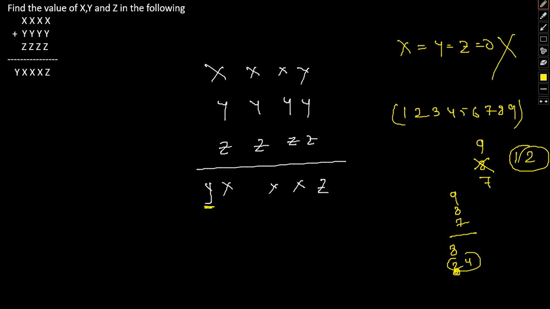So initially let me assume that y can only lie between 1 and 2. Let y equal to 1, and let me assume the maximum value for x, say x equal to 9. So 9 plus 1 is 10, and we have carry 1. So there has to be 9 again, 9 again and 9 again. So this will again be 9, 1, this will again be 9, 1, and this will again be 9, 1.